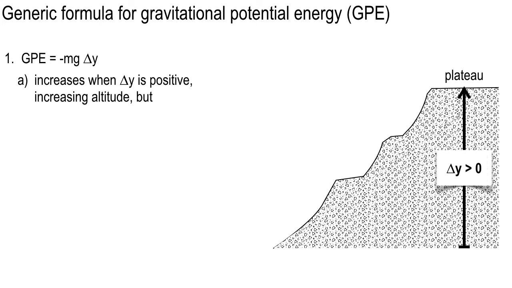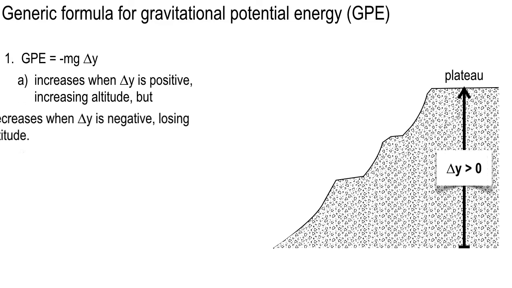All right. So if delta y is a positive number, you've got a negative times the positive mass times a negative 9.8 meters per second squared times a positive delta y. So if you're going upward, your change in y position is positive. You're going from down here, y equals 1 meter above the floor, to up here, y equals 1.5 meters. So delta y is 0.5 meters positive. So when you go up, GPE increases.